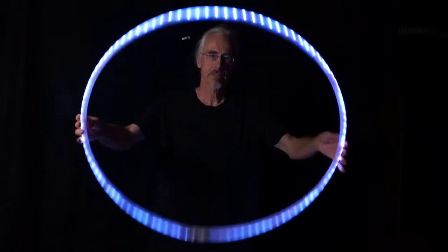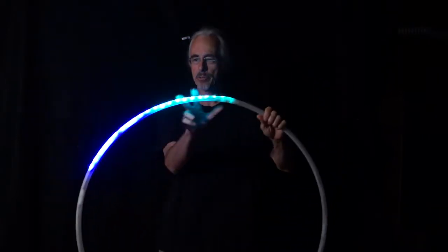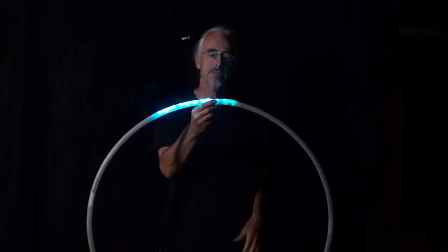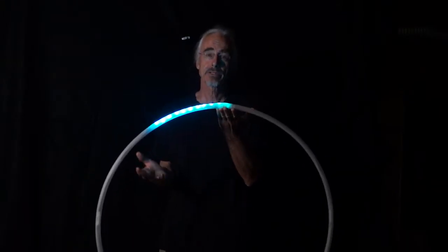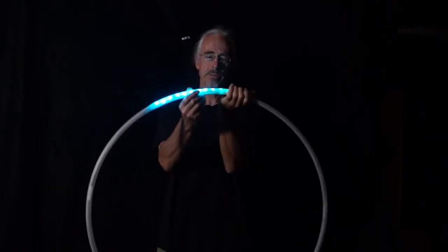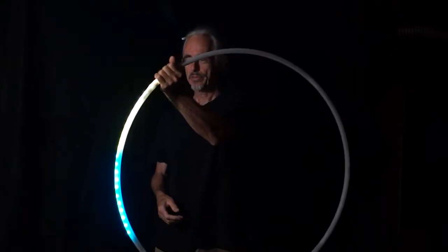So one backflip and we get to this segmented hoop. So it has different sections that light up and disappear. And the idea of this hoop is for you to play with the kind of movements that you're going to do when you signal the hoop. So what we can do is with the left hand we can do a slow clockwise isolation,